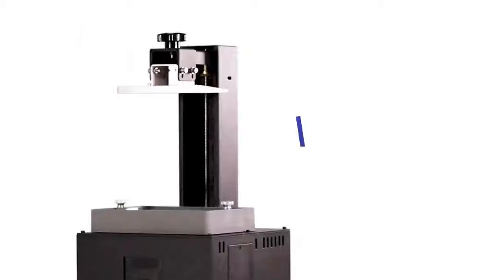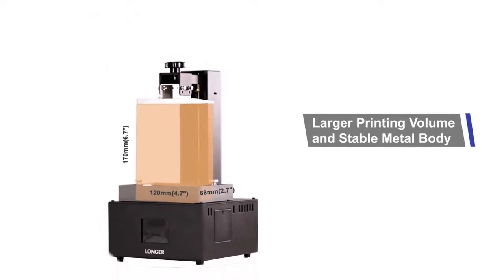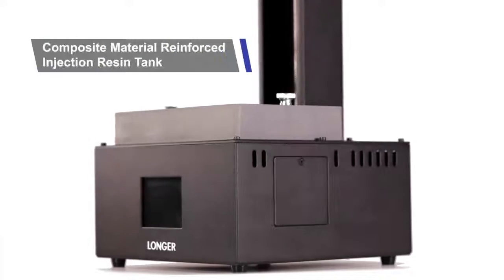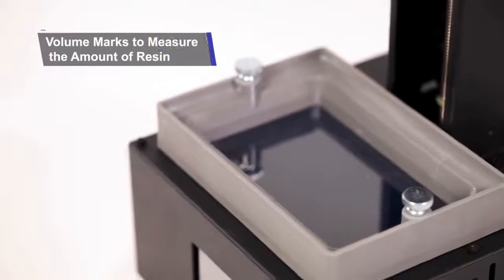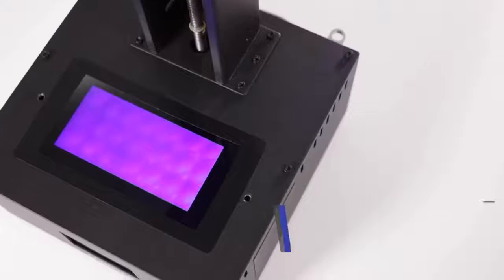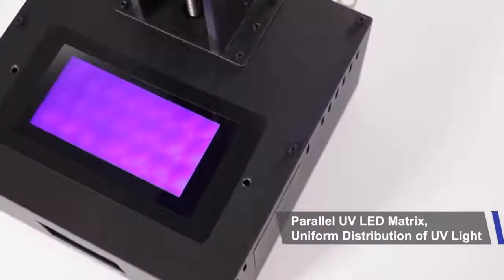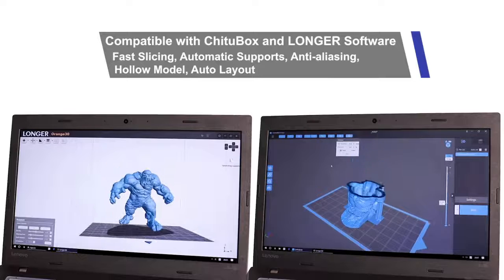Longer Orange 30 3D printer. Orange 30 is a higher precision resin 3D printer, with built-in 2K LCD screen at 2560 by 1440 resolution and 47.25 micrometers pixel size, offering bigger size of printing at 4.72 by 2.68 by 6.69 inches, improved solid linear guide